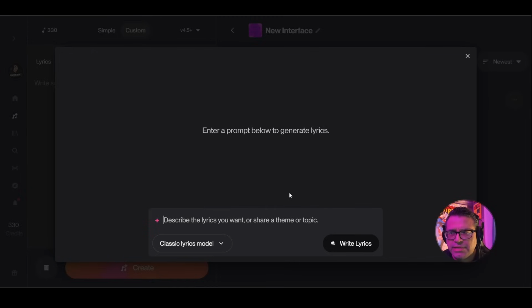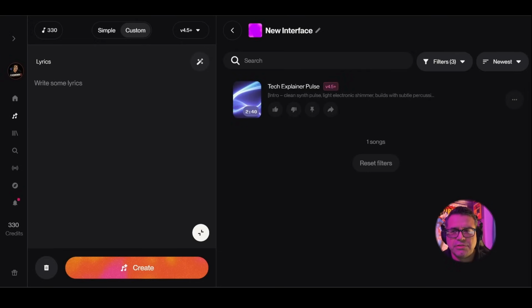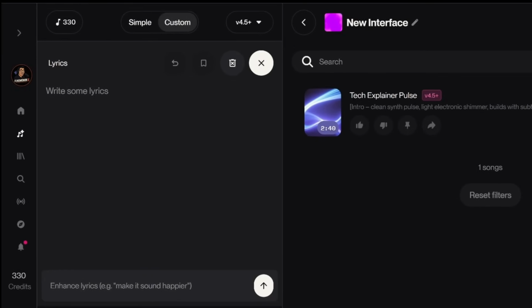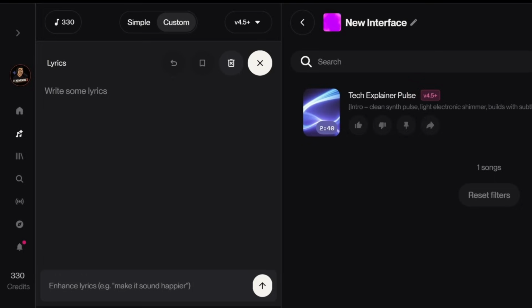Now, once you generate, it's gonna give you two options to choose from. You pick the best option. Once you do, then what it's gonna do, it's gonna carry it over into your lyrics. Now, you could do it that way. You can also do it this way, right? You can also go right in here, go into edit lyrics. You can go right down here and let's just say, you know, create a song, create a rap